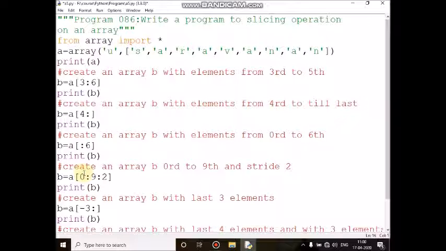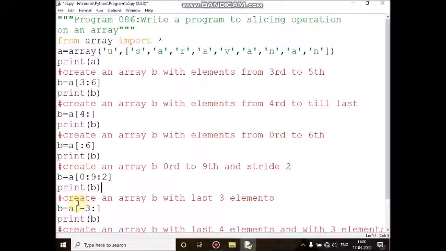Here I am going to create with 0 to 9 as starting position and end position, and a step of 3, so it will skip two elements. 0 location S will print, after 2 R print, after 2 V print, after 2 N print, after 2 N print. So this array value is SRVNN.